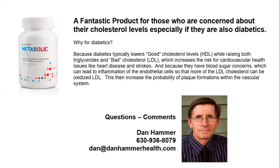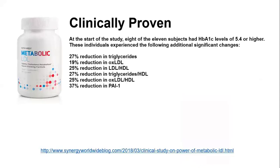Well, if I increase the bad cholesterol and triglycerides and reduce the good cholesterol, that increases the risk for cardiovascular health issues. Their blood sugar is a concern. As we just talked about, that blood sugar can lead to inflammation of the endothelial cells so that more of the LDL cholesterol can be oxidized, which then increases their probability of plaque formation within the vascular system. The metabolic LDL product, again, is clinically proven, especially for diabetics, to significantly reduce triglycerides, a 25% reduction,